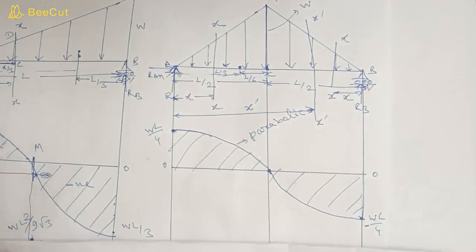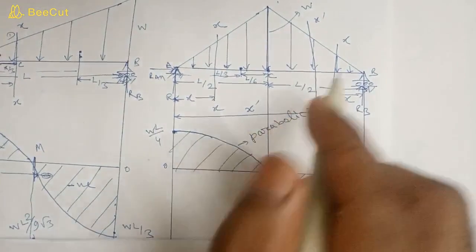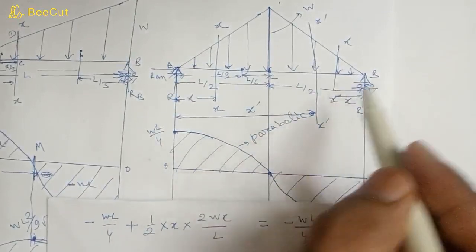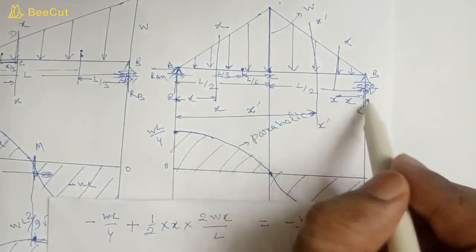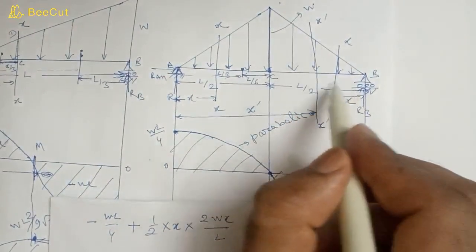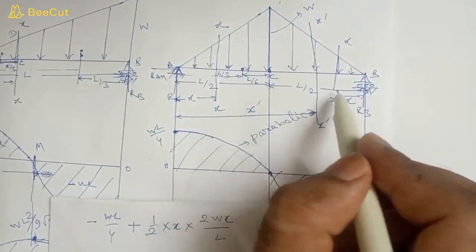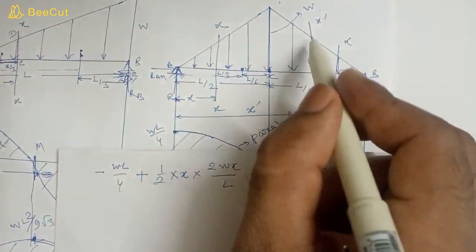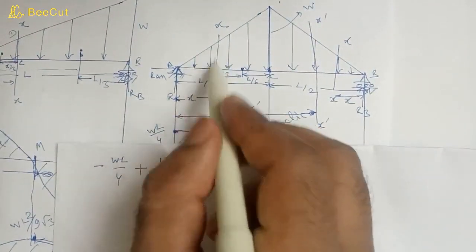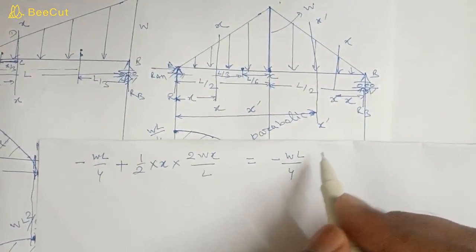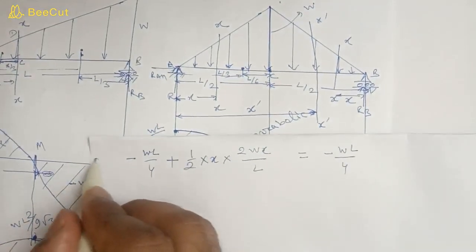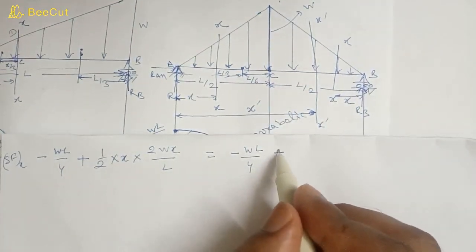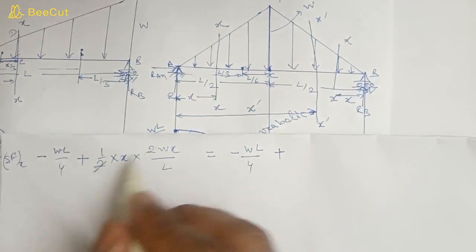And if you want to see how to calculate the shear force from this direction, we have calculated for this. For this we want to calculate, then this is minus WL by 4 plus, suppose at x distance section xx, then half into base into height. Half into base is x, into height is 2Wx by L. We have already calculated for this. So shear force at x from right side is equal to minus WL by 4 plus, this 2 will cancel,